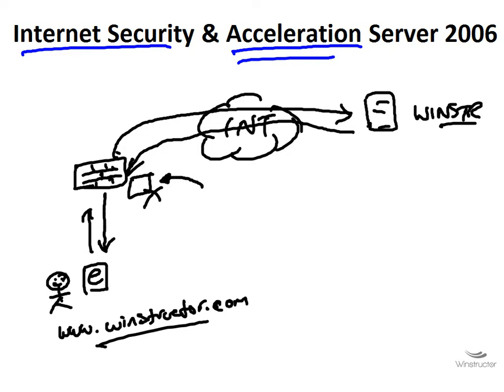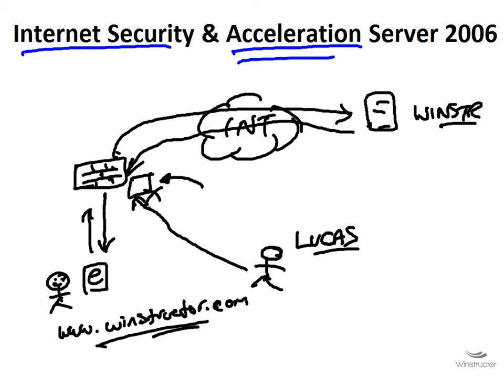So what happens when we have subsequent users? Well, along comes another user. Let's just pop another user over here, and let's call this guy Lucas. And Lucas decides he wants to go to winstructor.com. So his request is also going to head over to the ISA